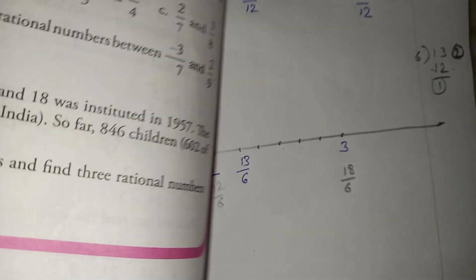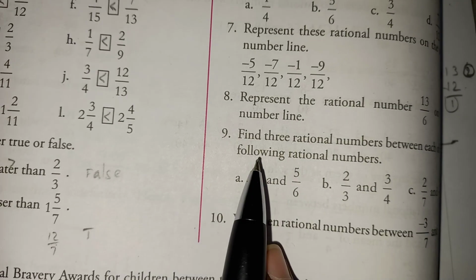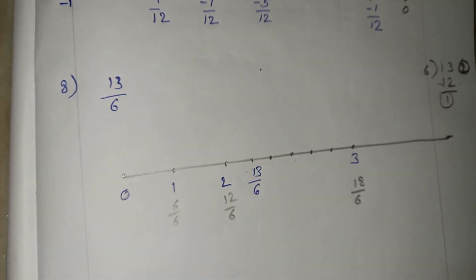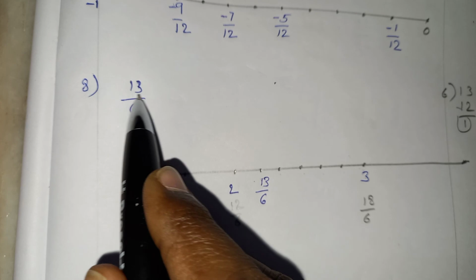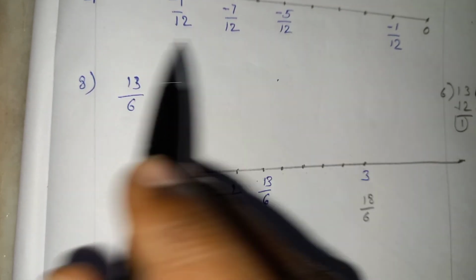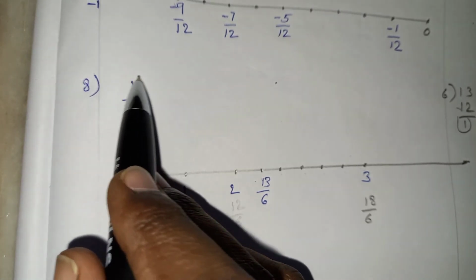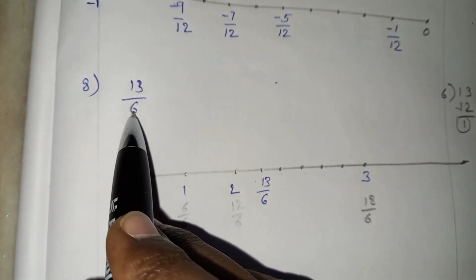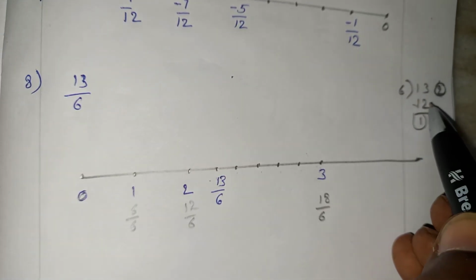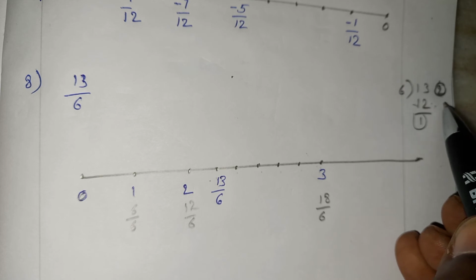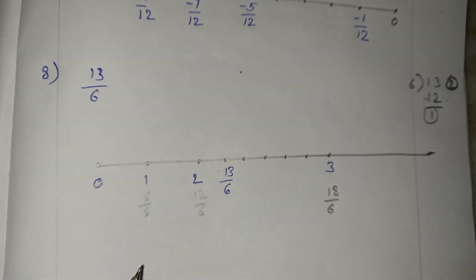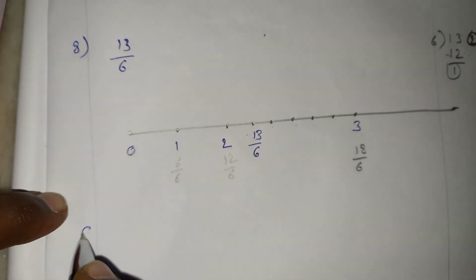Now, let us move to question number 9. Understand or not? I'm going to explain one more time. If the numerator is less than the denominator, then you have to do between 0 and 1. If the numerator is greater than the denominator, then you have to make the division based on the number we get here. So after that only we have to make the parts. Okay. So let us move to question number 9.